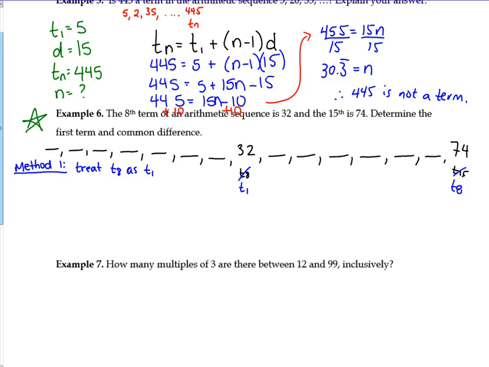We can solve for our common difference. We can use that first formula, the one we're used to, to solve for our common difference. Because what would n be and what would t of n be? What would I use n and t of n as? So term 1 is 32. We would treat t of n, usually stands for... What's another thing we can call t of n? The last term. So in this case, it's 74, and n would be,